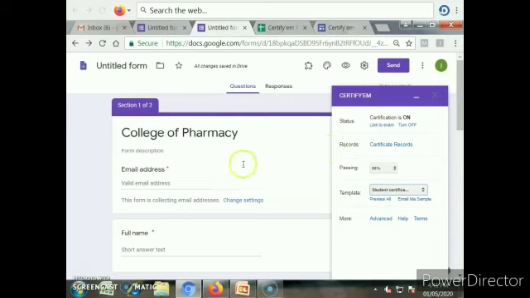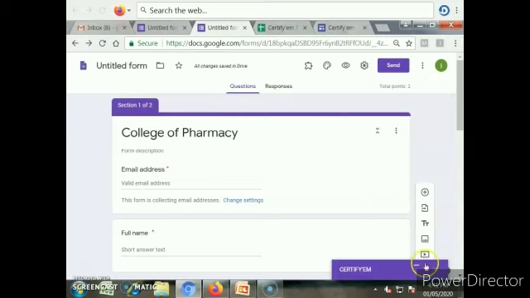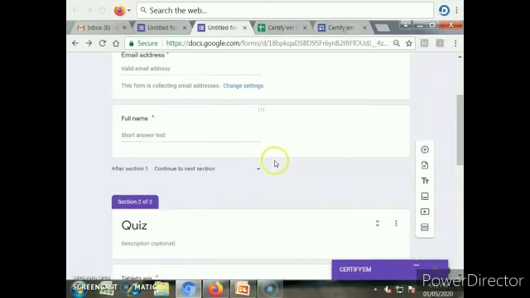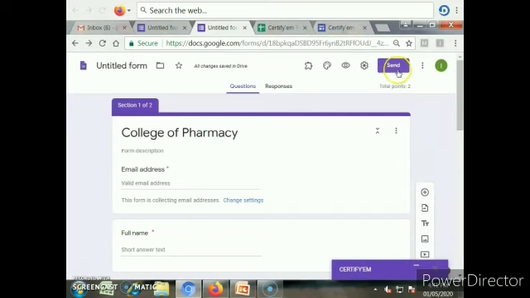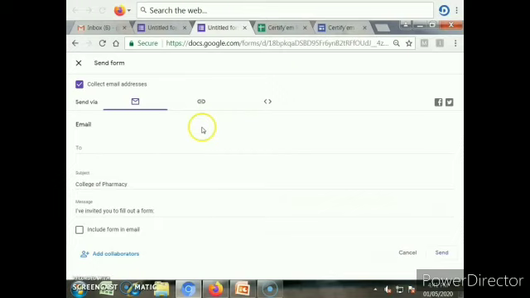Now next we have to send this response. We'll send this response via mail, or you can copy and paste the link and send it in different groups through WhatsApp.